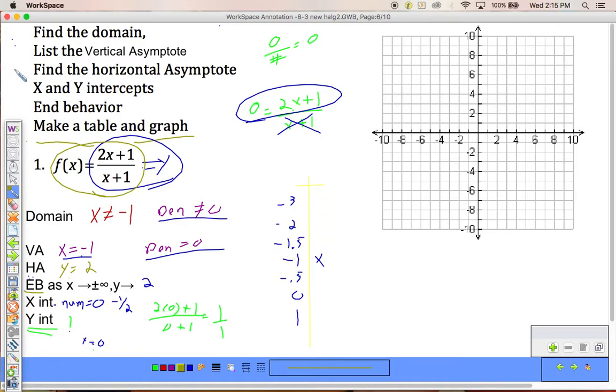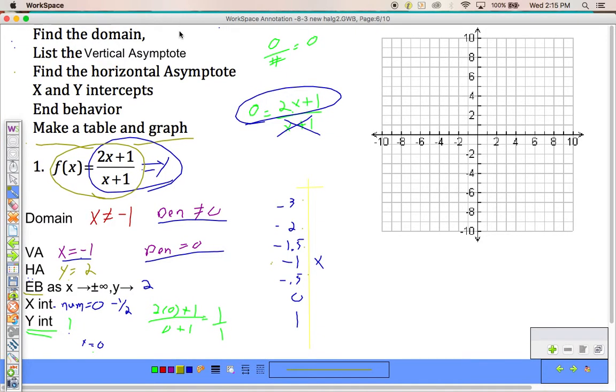All right. So what we're going to do for our table, we're going to put this vertical asymptote into the middle of our table, and we're going to go a half in both directions, and then two more integers. So from -1, I'm going to subtract a half and get -1.5. I'm going to add 1/2 and go to -0.5. Then I'm going to count two more integers in both directions. All right, so